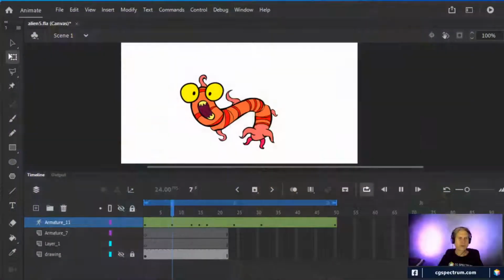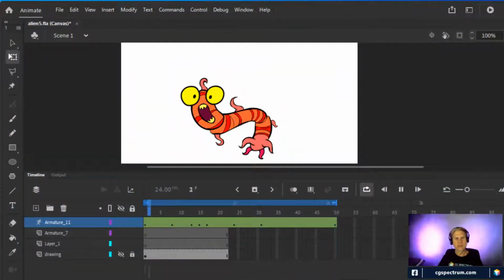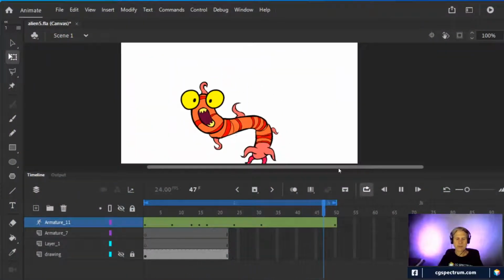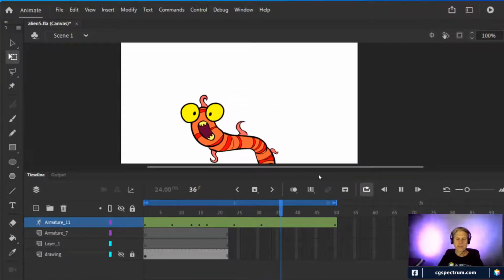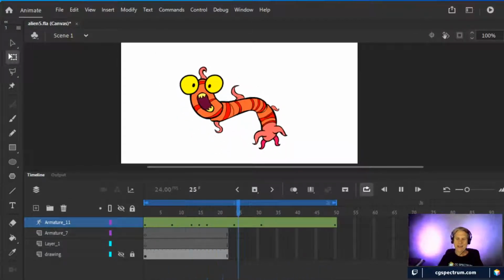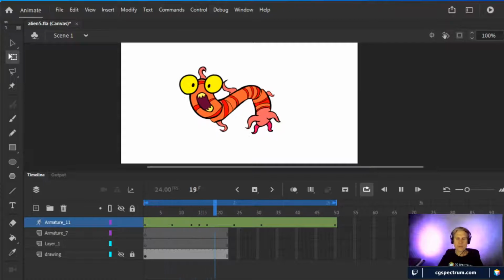So this is working for what I wanted it to do, which is just a cycle of the thing kind of flipping around. I could go in there and animate it and make it do more things, but it's certainly doing fine the way it is. So that is this one.